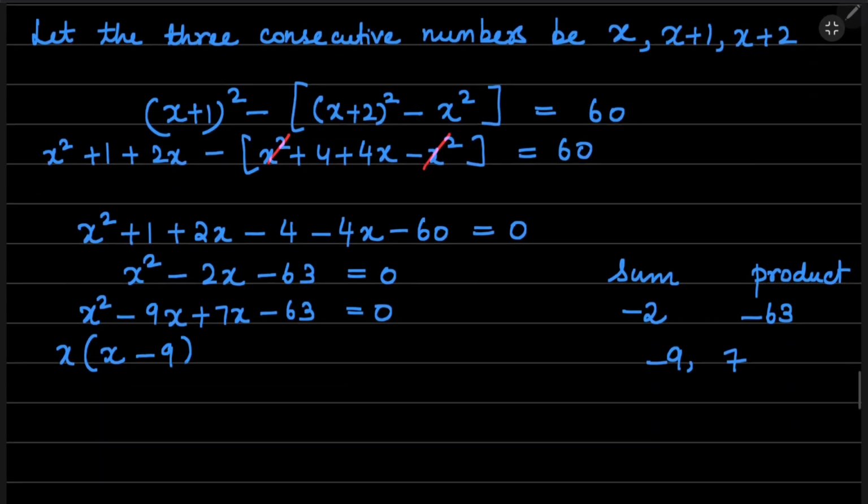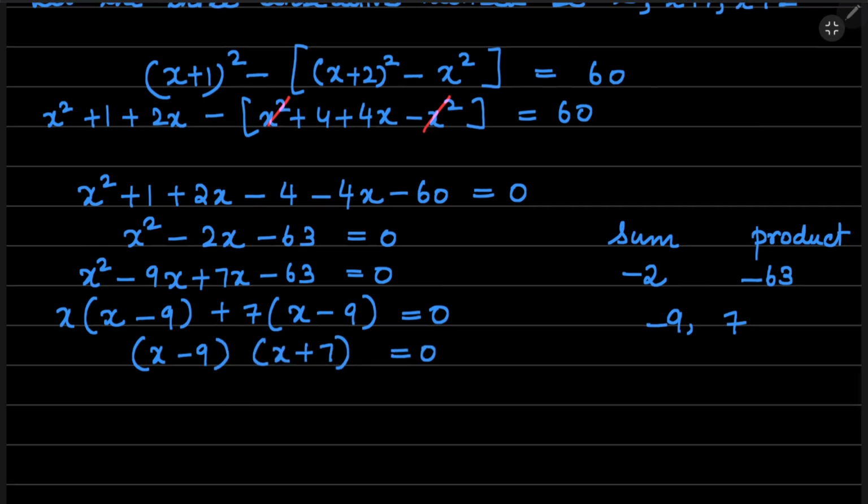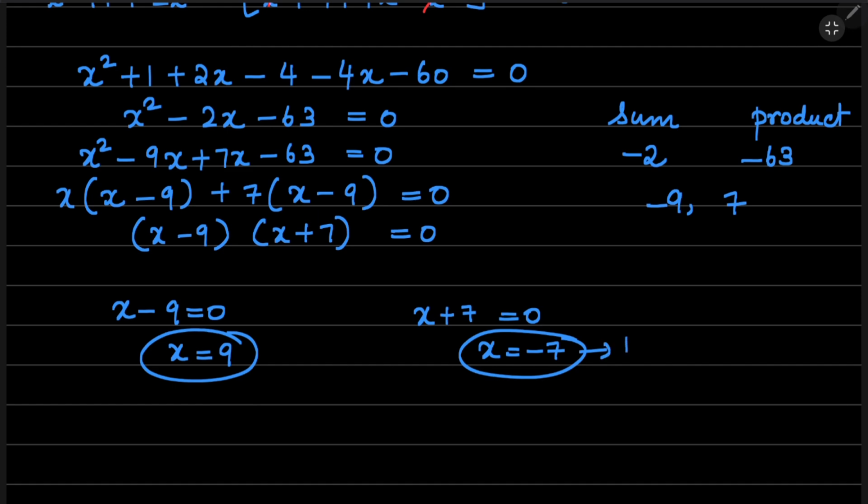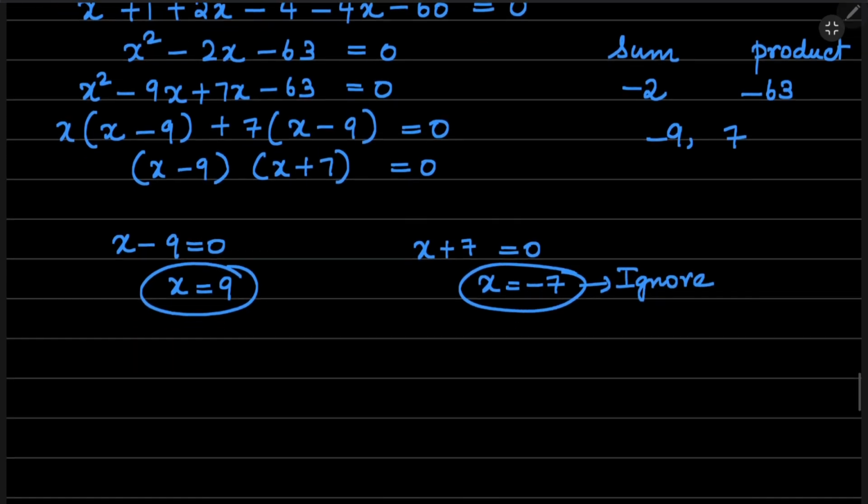So x minus 9 and x plus 7 are common factors. Again, you have x minus 9 equal to 0. So one of the factors is x minus 9, the other one is x plus 7 equal to 0. When x minus 9 is equal to 0, x equals 9. When x plus 7 equals 0, x will be minus 7. So x equal to minus 7 will be ignored because it's a negative term. X equal to 9 will be considered. So when x equal to 9, therefore,